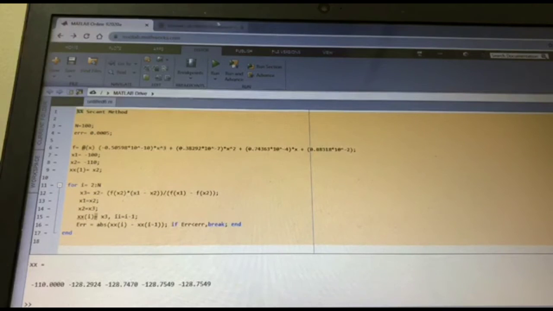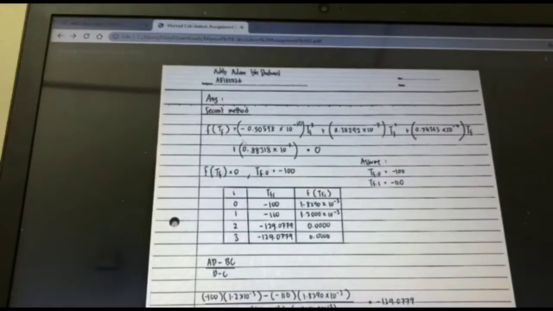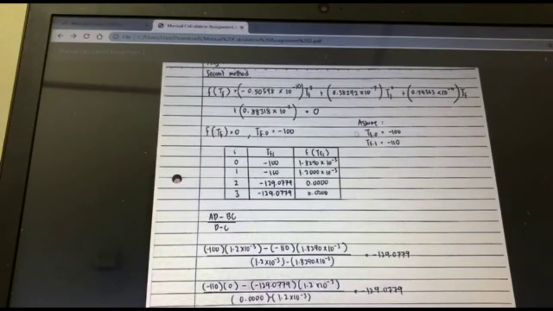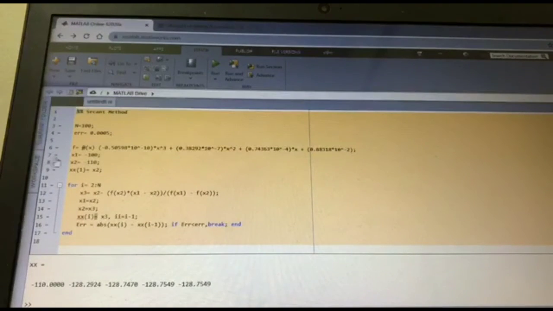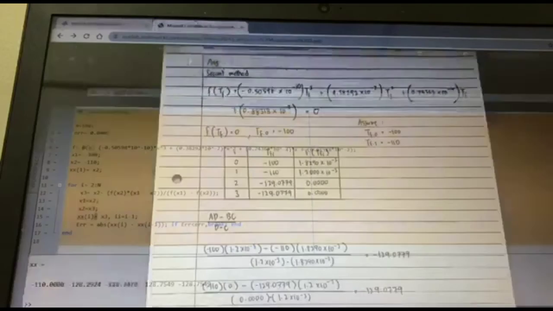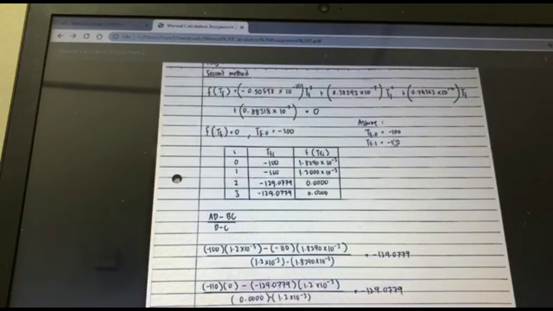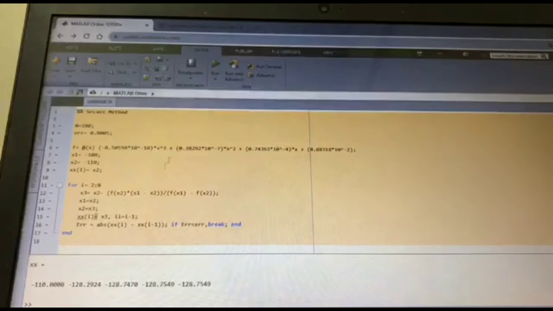I make this coding from this equation. I put F of TF and consider it as F in this coding. For the initial values, negative 100 and negative 110, I label them as X1 and X2. If we run the coding, the root will be negative